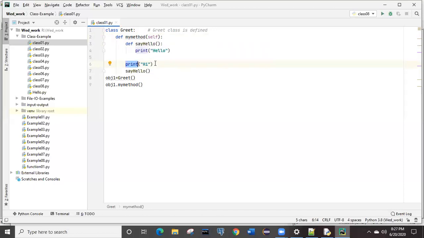Got it? Inside that, whenever you are going inside this one, there we have the say hello method. That time the content of this say hello method is going to be executed. So in our case, it is print hello. And this is how we have called this one, because we are not calling outside of this class, right? We are calling inside the class and inside that outer method itself. So directly we are calling this say hello.